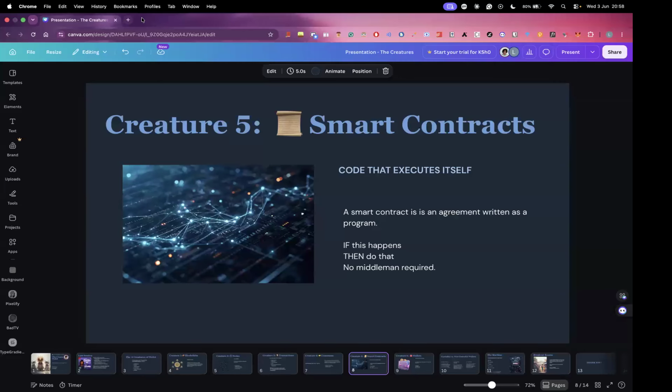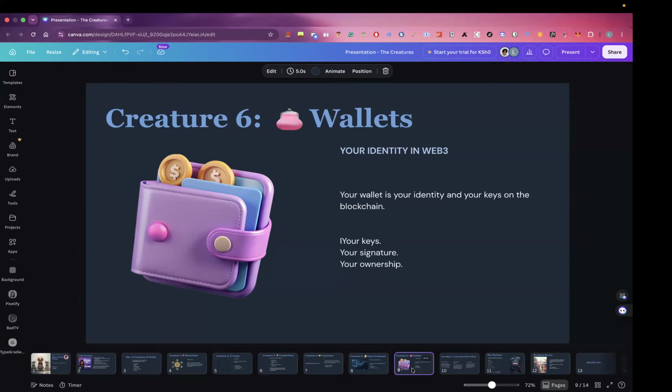So the sixth building block is wallets. A blockchain wallet is basically just a piece of software that enables sending and receiving cryptocurrencies. Usually it stores the records of the transactions that have happened and that relate to this account. It also has the public and private keys that are used to perform these transactions.